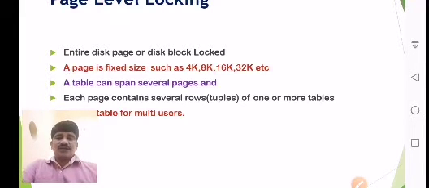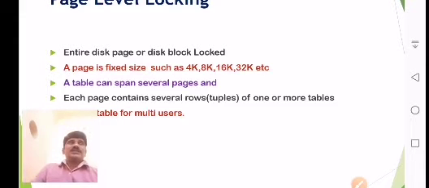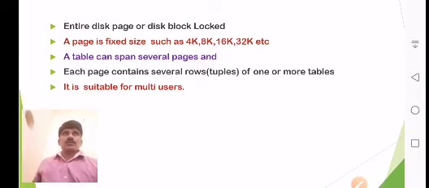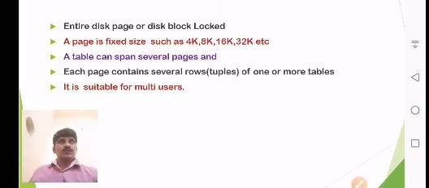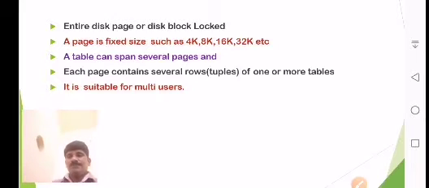A page is a fixed size such as 4K, 8K, 16K, 32K and 64K, just like memory sizes of 1 GB, 2 GB, TB. A table can span several pages and each page contains several rows. Rows are nothing but tuples of one or more tables. It is suitable for multi-user.